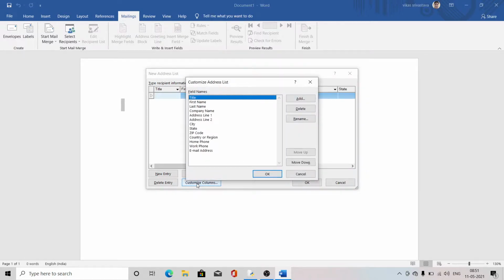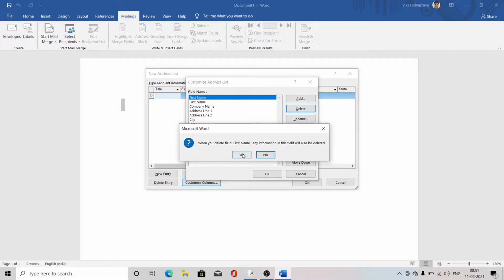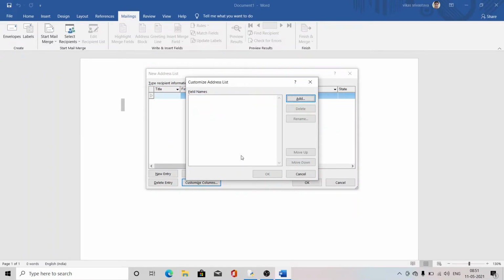Customize Columns. Look here, it is showing all these names. If I want to delete all and use my own, I can delete them here one by one. Here I will do Add. I need Title.